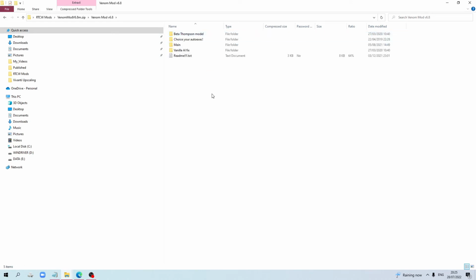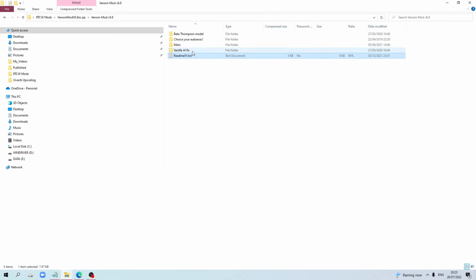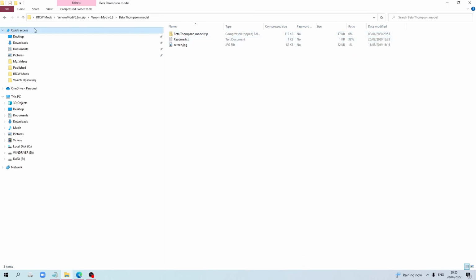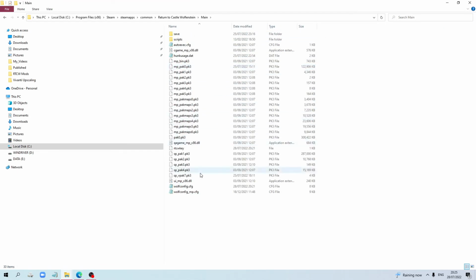Venom mod is something where, before you even put the mod in the folders, you always click on it and view, because in some of them there's gonna be a readme, exactly this, and then there's some stuff you can read. Shows your auto exec, just beta tombstone, and stuff like this. And normally, if you just want a better light, you just go to auto exec, and you copy this to here,